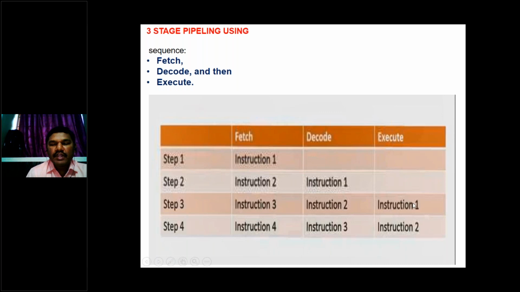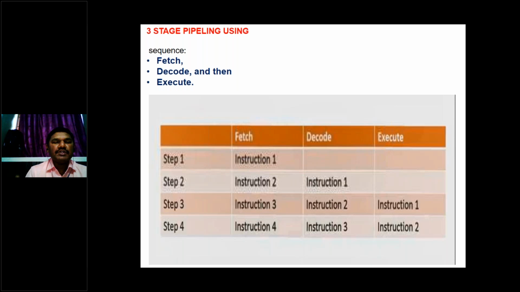Right, see here, when instruction 1 is executing, my processor is not sitting idle, but it is decoding instruction 2 and it is fetching instruction 3. Within one clock cycle it can execute. One cycle of fetching, decoding, and execution is called an instruction cycle. Within one instruction cycle it is executing the first instruction, decoding the second instruction, and fetching the third instruction. This is what we call pipelining or parallel execution.